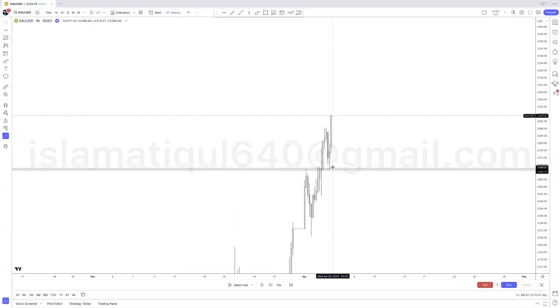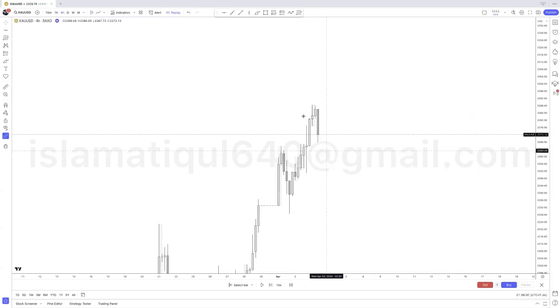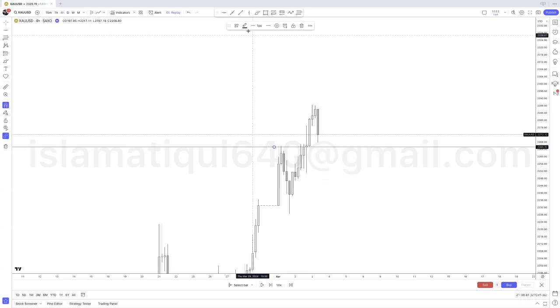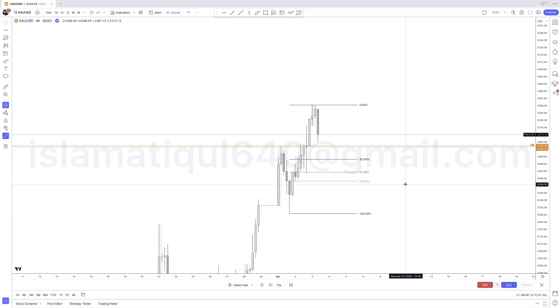Now, in this example, once again, I know that this right here is a strong level. We know that this is a strong key level for us to look into because we have the H4 previous market structure high here. We have two rejections here. That is perfect. But if I draw my range, let's say from here to here, it's not at a discounted price, right? It's not at a discounted price. So